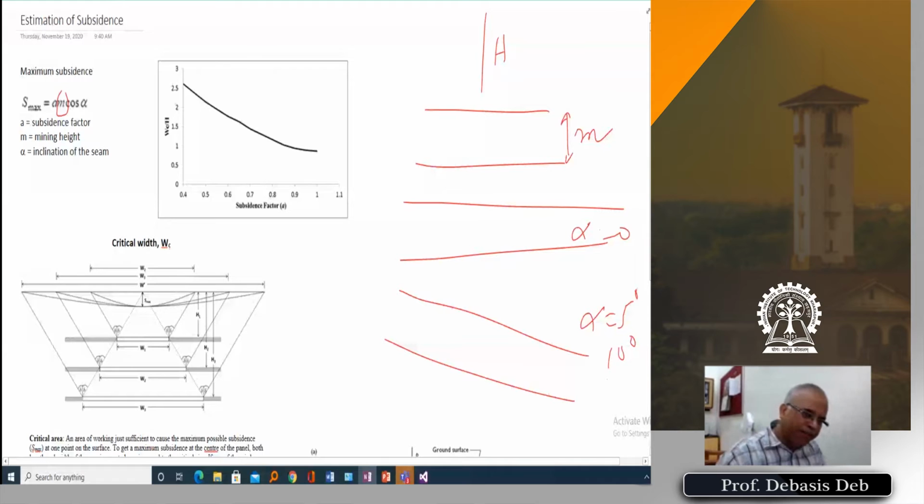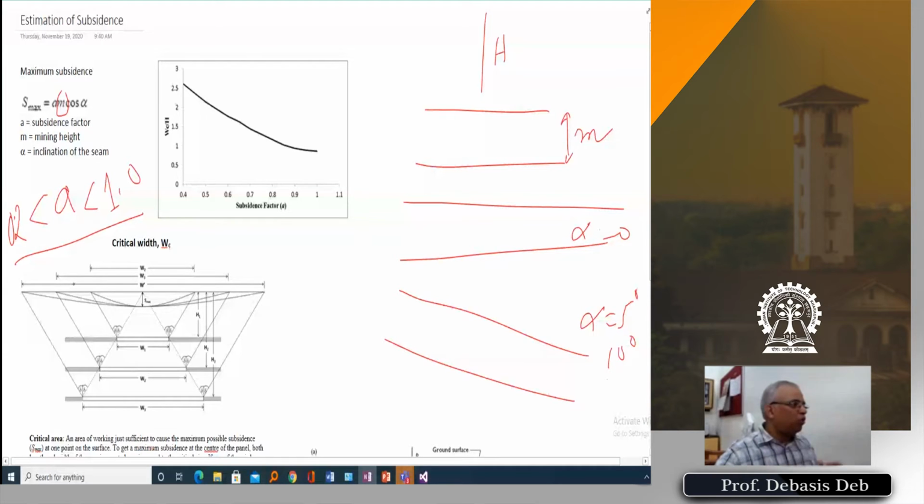Everything combined, this subsidence factor comes. The subsidence factor, as you can see, will be less than 1. Basically I should put 0 here, and this is less than 1. We normally see it does not go exactly to 0, about 0.2, something like this. But it is normally from 0 to 1.